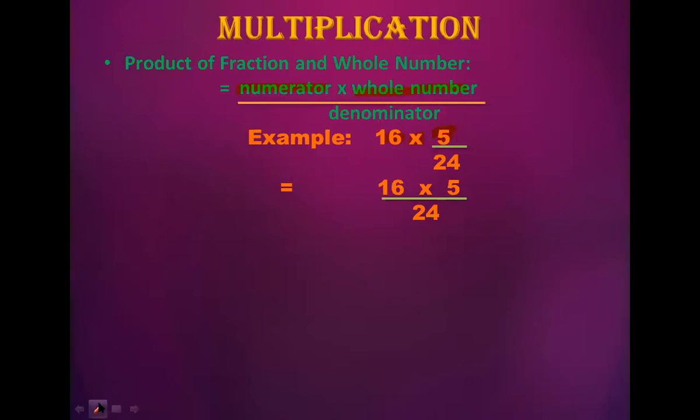Listen to me very carefully, you will do reduction here. You will try to reduce it with at least one number. You will choose one number that will reduce one numerator along with one denominator. Suppose I choose 4 and divide by 4. How am I going to divide it by 4? 4 multiplied by 4 is 16, and 4 multiplied by 6 is 24.